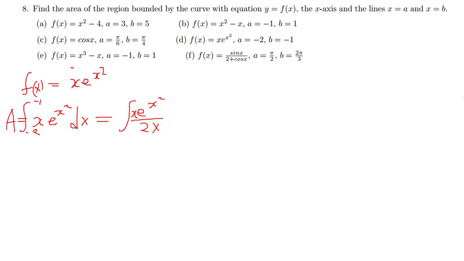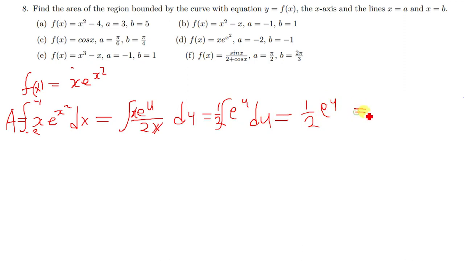If you make this as your u there, and then du this side, you see that and that being cancelled. So here it's just a matter of integrating e to the power u with respect to u, which will still give you half e to the power u,